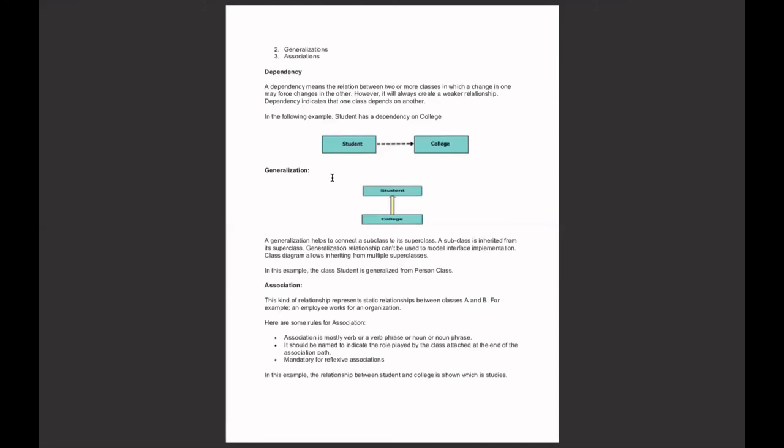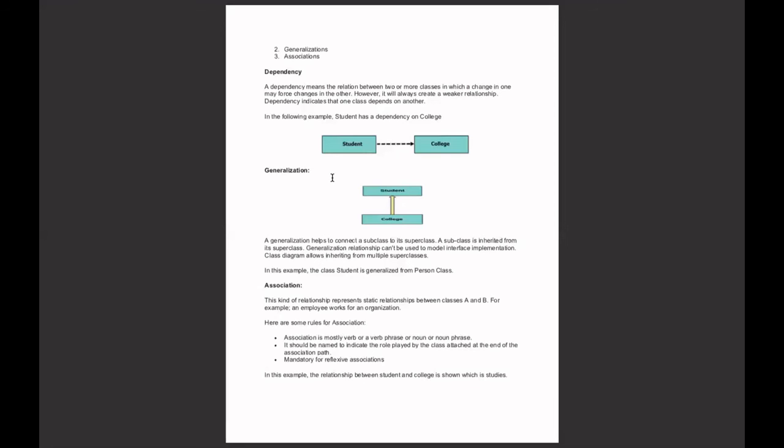This is known as polymorphism. Generalization is rendered as a solid directed line with a large open arrowhead pointing to the parent. Use generalization when you want to show a parent and child relationship.